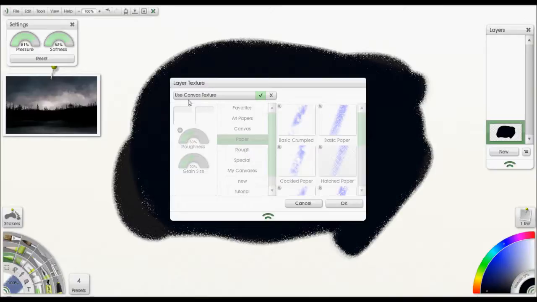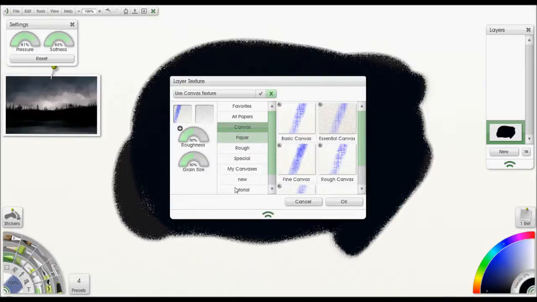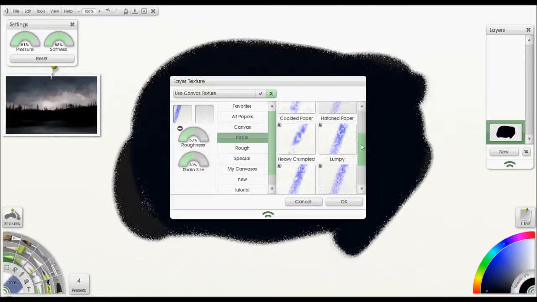Okay, so here's my layer texture panel. I'm going to turn off the use canvas texture. So I'm turning that option off, and then I'm going to select paper. It's already selected because I've been screwing around with it. But you want to select the paper group and locate the heavy crumpled option. That's default. Now I had used my own canvas for the image that's in the reference here, but this heavy crumpled I know you all have, so it should work just the same, I think. It might be a little different, but it'll do the same